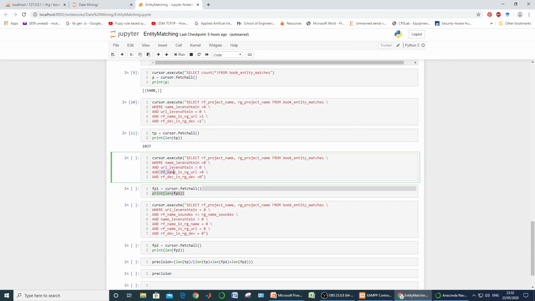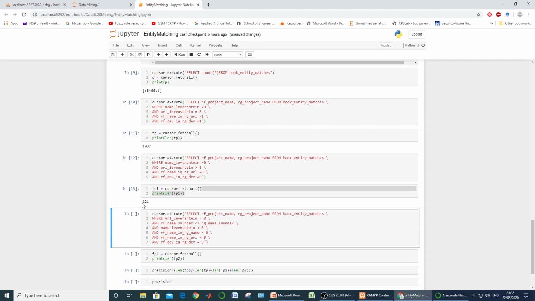There was no RF name in RG URL. There was no developer in common. It means we just cannot say that if two projects share the same name, then they are the same. It is false. So if we execute it and print its number, it comes out to be 121. So this is FP1, false positive number one.